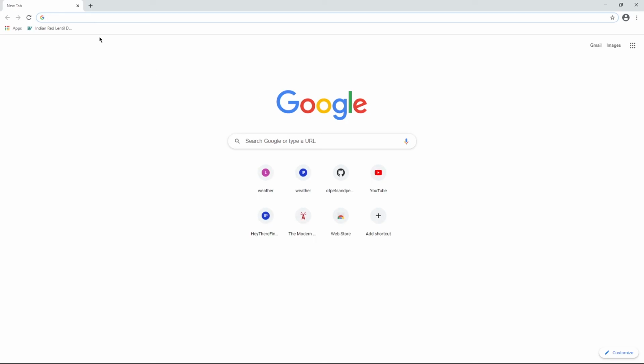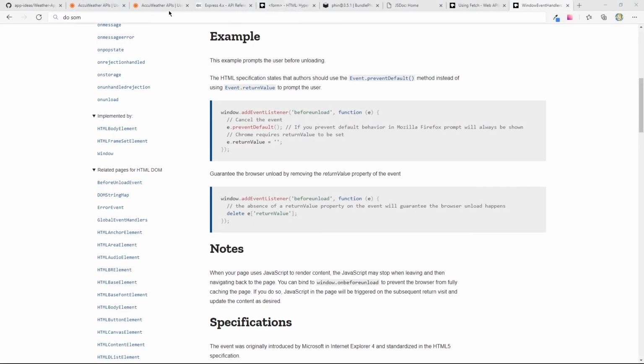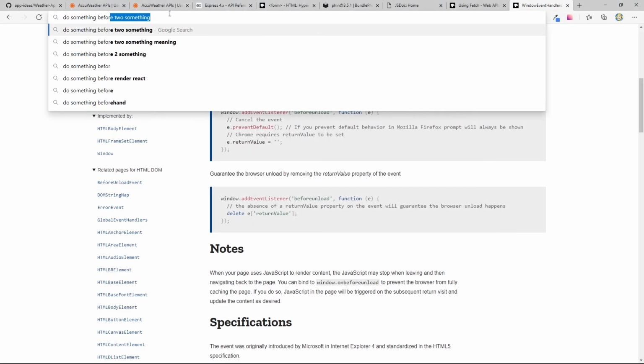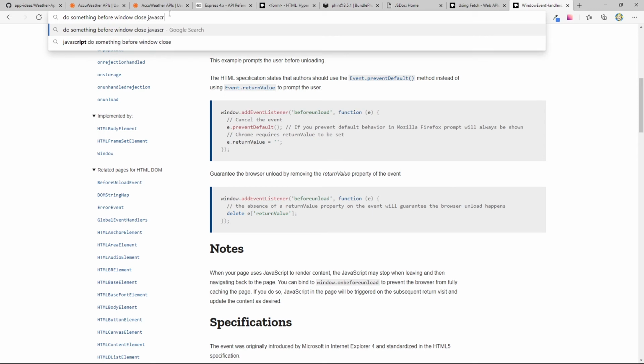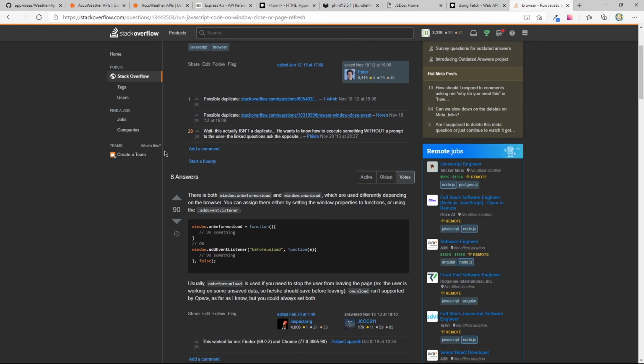I wonder if I can actually get, okay, here we go. Let's see. Caching the page. Do something before window close JavaScript.